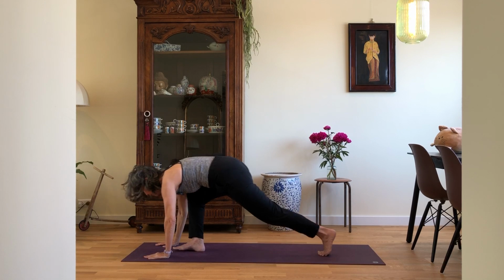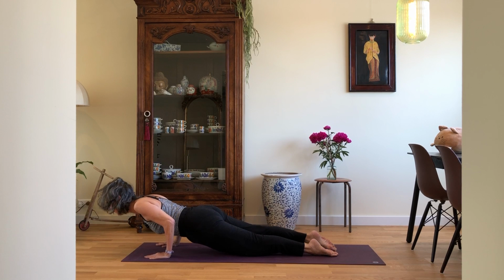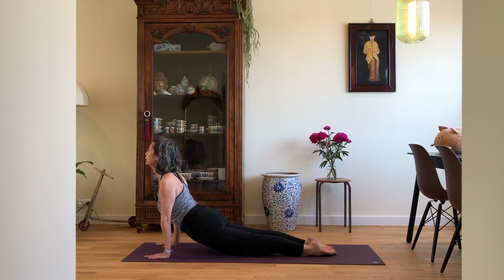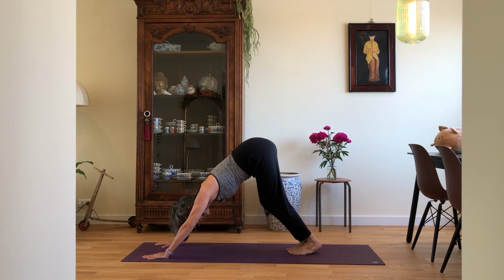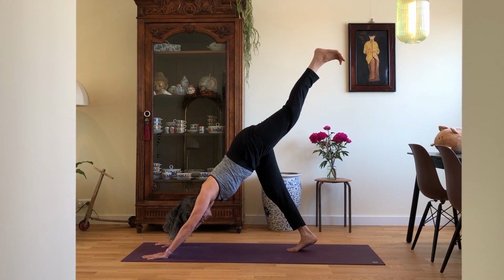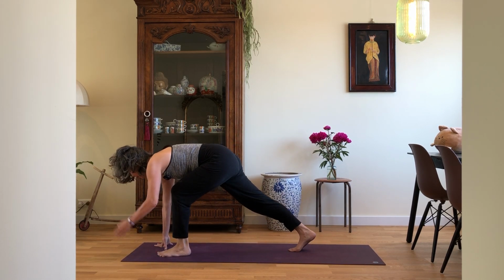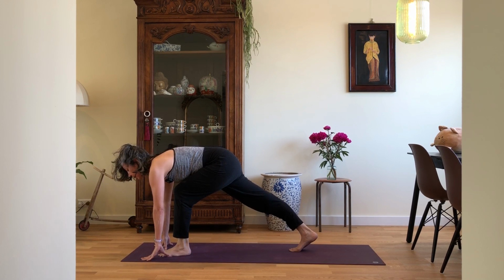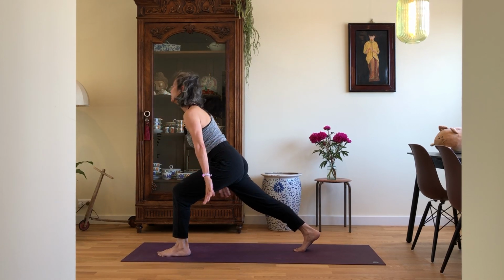Exhale into high plank. Low plank. Inhale. Upward facing dog. Exhale, downward facing dog. Start to lift the left leg up, and then it's a low lunge on the left side. And take your time. Observe if the feet are hip width, and then all the way up into a high